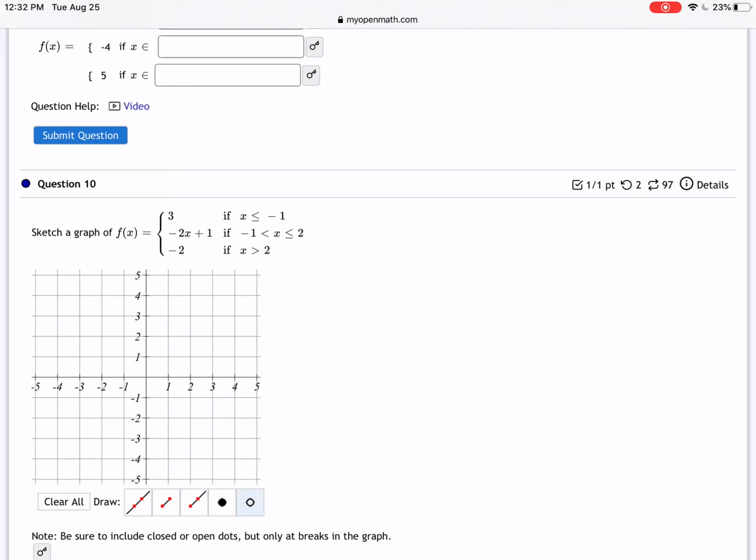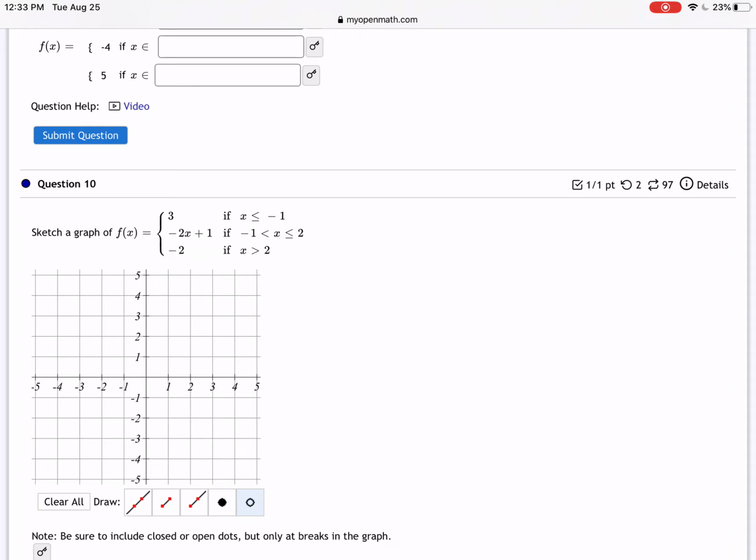Now, it says here, note: be sure to include closed or open dots, but only at the breaks. Okay, so that's kind of key on this one. So if I look above, my function f of x equals 3. That's our first part of the piecewise function. So the height of the function is at 3, and that only is the case when x is less than